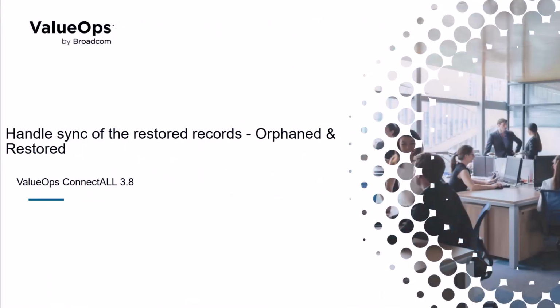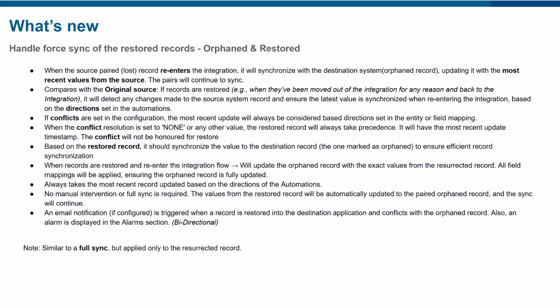So next is the handling of sync for restored record. In our last PI, we did restore records, but there was some sync issue. I mean, not a sync issue, but the name field, whichever record was last updated, that record's value was not actually getting updated. So in 3.8, we are doing this force sync of the restored record, which means like any